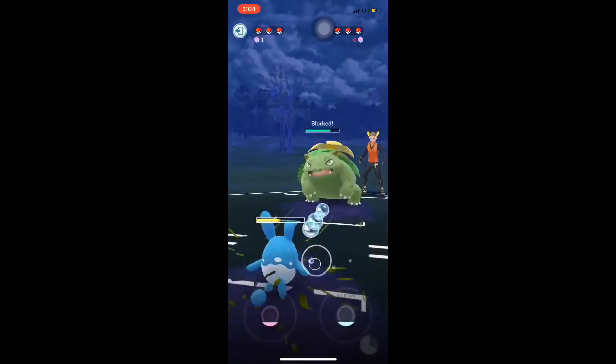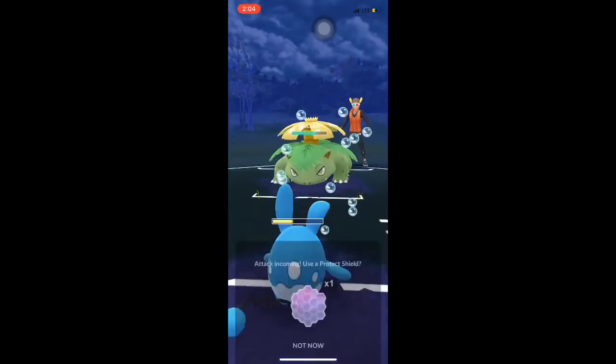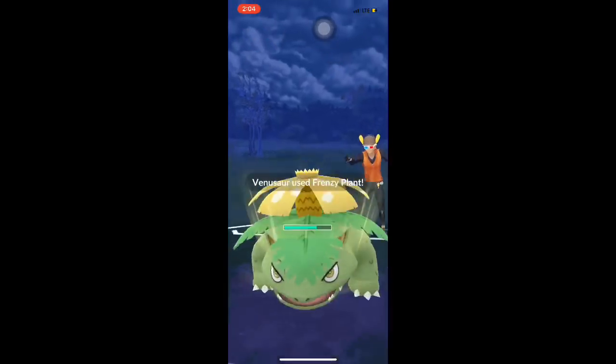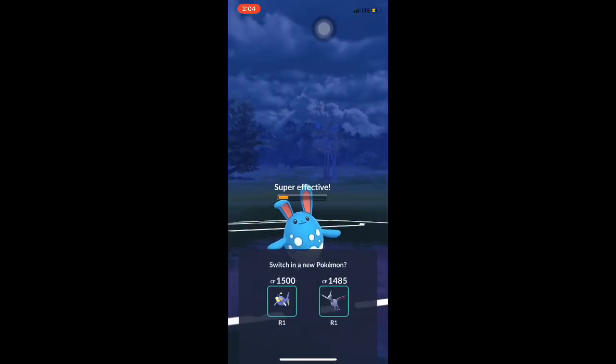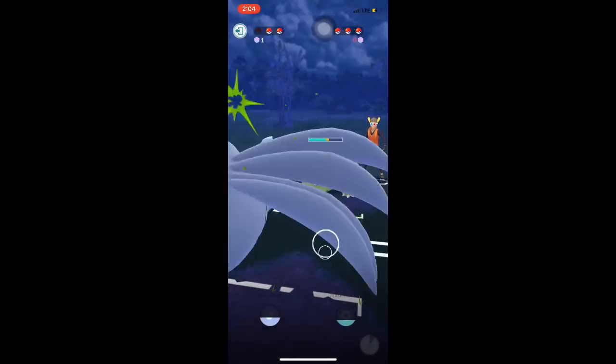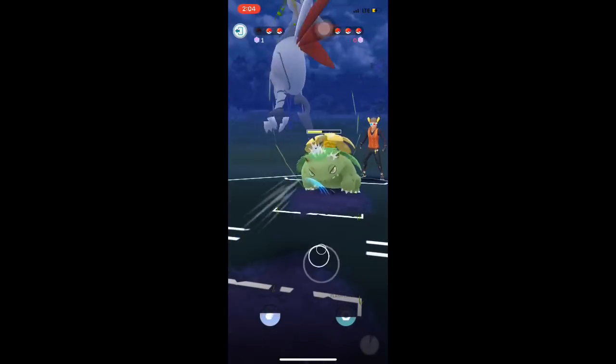I don't need an Azumarill anymore. Let's go. So he's gonna use another Frenzy Plant. I'm like, perfect. I'm gonna be able to take even more of a shield advantage. Like, I'm gonna be able to farm this with my Skarmory. So I farm off this energy with Skarmory,